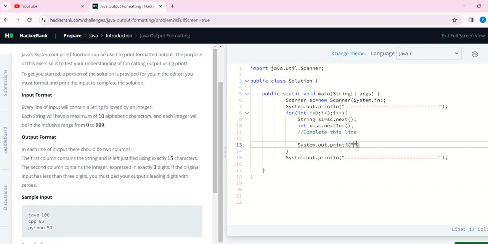Now we open the quotes, then we use %s for the string and %d for the integer. We also have to change the line after one string and one integer in one row, then s1, then x, then the terminator. Now we have to run the code.